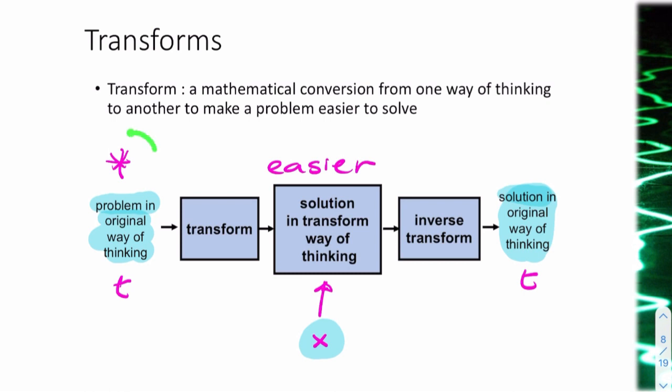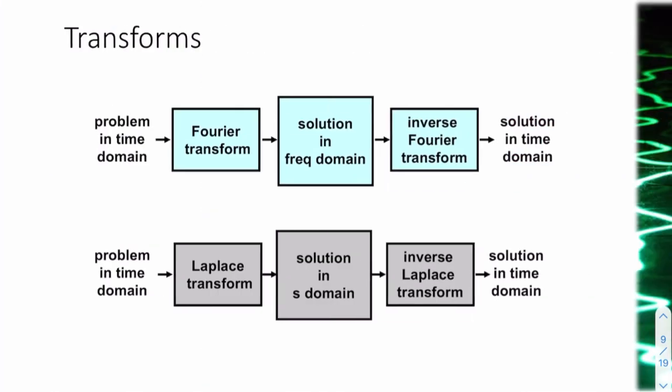So rather than try to solve the problem in the time domain, we could take it to the frequency domain, carry out a multiplication, which is easy, and then use an inverse Fourier transform back to the time domain. And we looked at that extensively in week 6 with the properties of the Fourier transform. So for example,